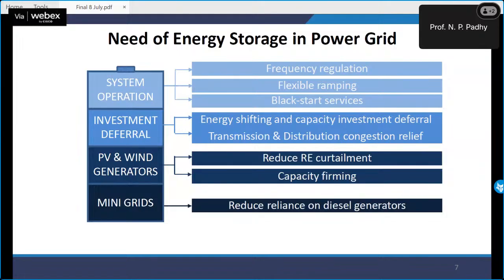And this can be carried out by the distribution company itself. Instead of purchasing a new substation or substation transformer, they put in some small battery. Let's say the capacity is 100 kVA and the load is going to be 105 kVA. They will put 5 kVA of battery instead of putting in another 100 kVA transformer to meet that 5 kVA extra. When it is 20, 30, 40, 50 kVA, they will replace. But for small incremental changes, they will go with some local generation. So this is basically energy shifting and capacity investment deferral. So they defer the investment for the transmission and distribution congestion relief.